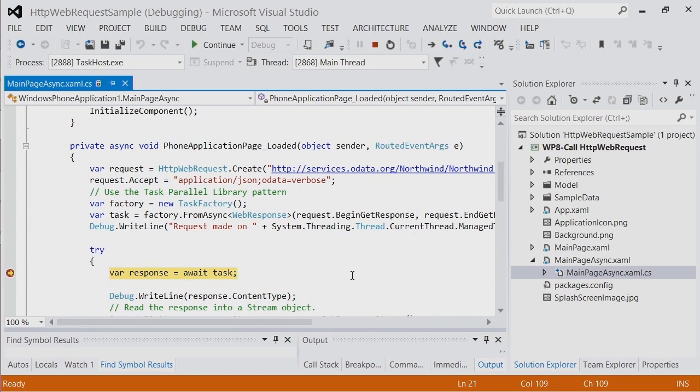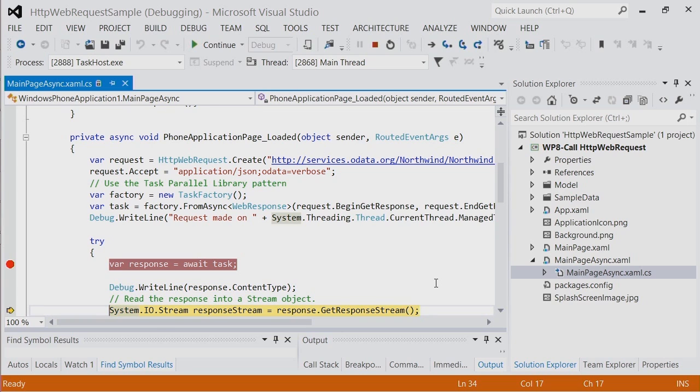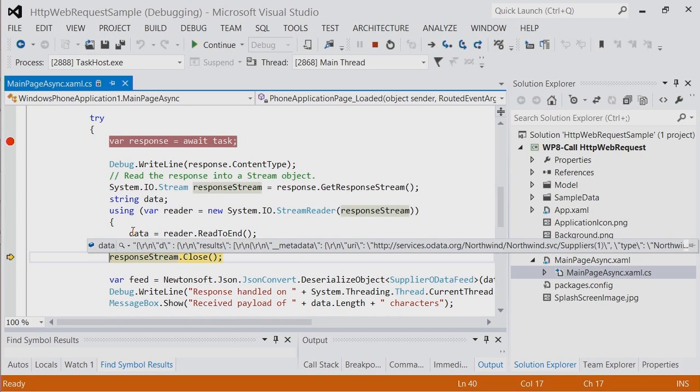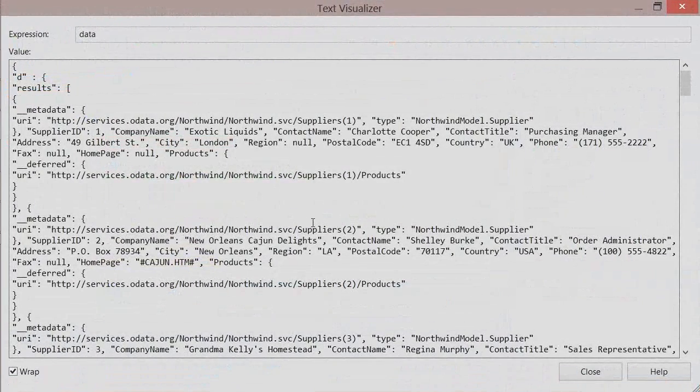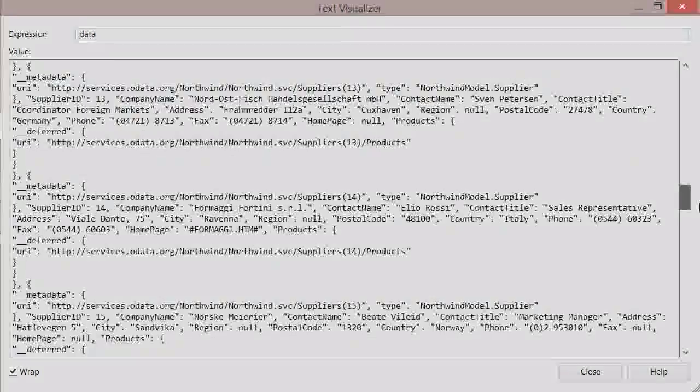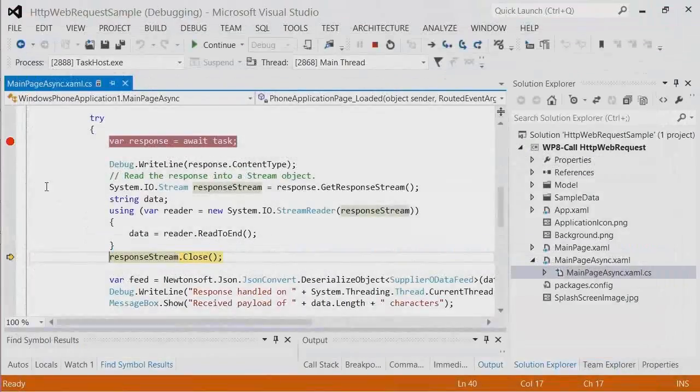And here's where we're awaiting that. So I'm just going to step through that. We're just going to check what content type we've got back. And yes, it sent us back some application/JSON, so we're looking pretty good here. We can read the response into a stream object, get that data out of it, and then I can just show you what it looks like. This is an OData feed. There's lots of JSON, nicely formatted, very pretty. I'm sure this will be very familiar to many of you, the suppliers in the Northwind database. And then I'm using JSON.net to